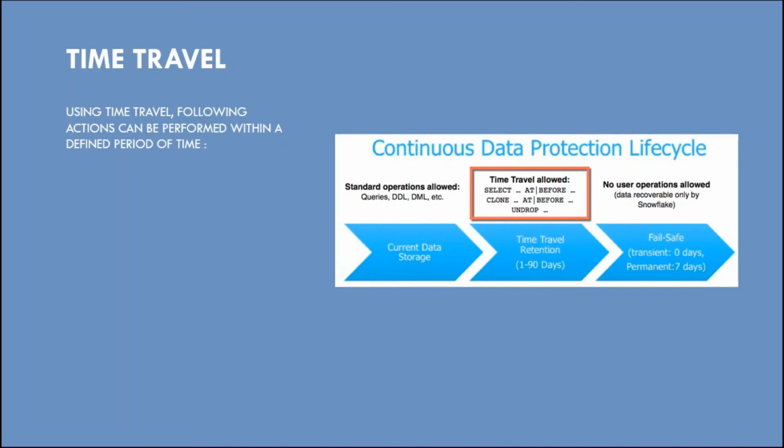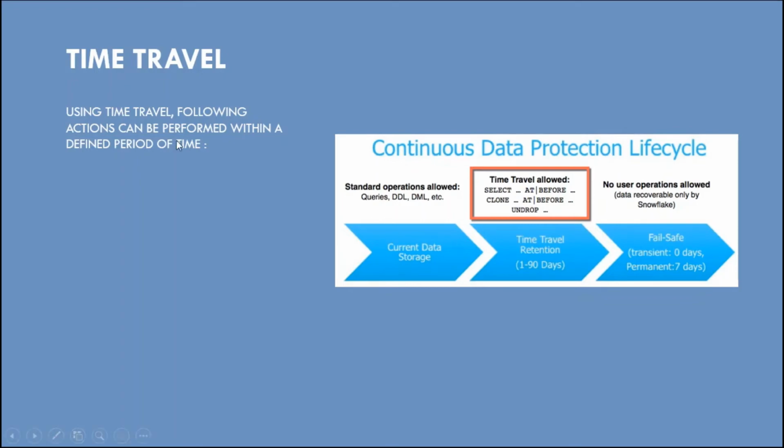But the catch is you cannot fetch or restore the data once the data has been moved to the failsafe zone. The failsafe zone has been configured by Snowflake for their purposes only, because in case of any disasters where their complete availability area or complete region has crashed, they can retain or restore your data using this failsafe zone. In rare scenarios where you want to restore the data from the failsafe zone, you may have to contact the Snowflake company.